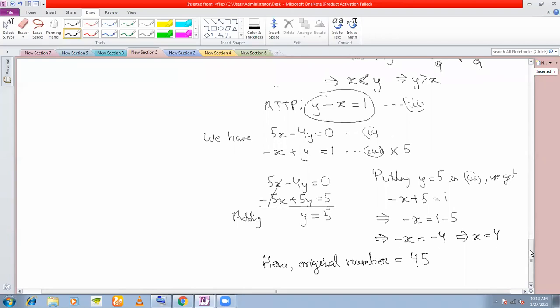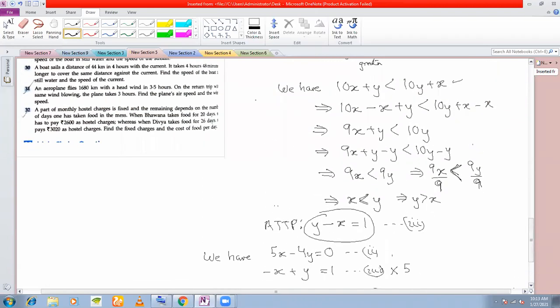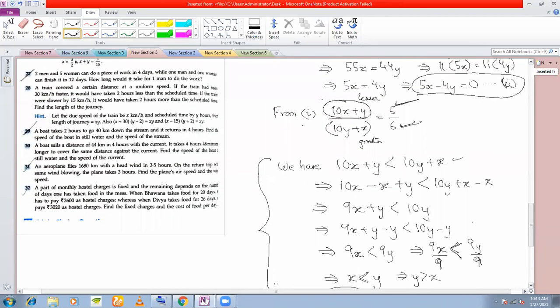Okay. So this was the main part, where to judge which number is greater and which number is lesser. Okay, this is your main trick here. Most of you will take x minus y or y minus x arbitrarily, anything that you want, but actually it should be y minus x. Fine.